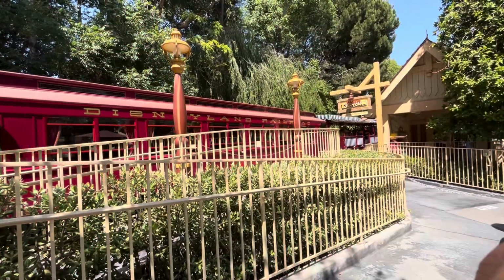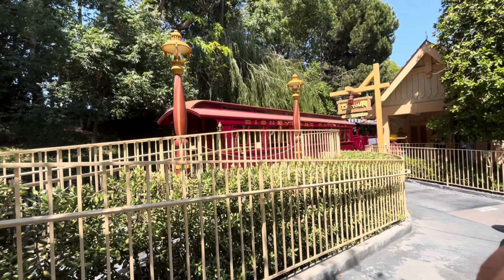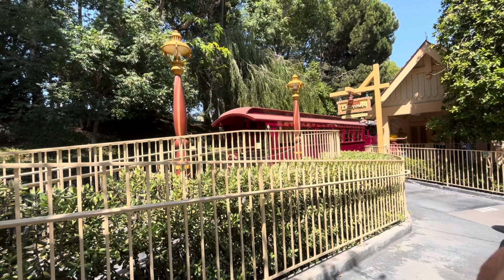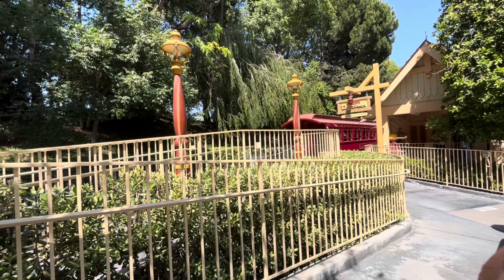And even more updated with the inclusion of Tiana's Bayou Adventure, as well as the reimagining of Mickey's Toontown. So we'll be able to pass these out to all of you as well. We'll do a nice